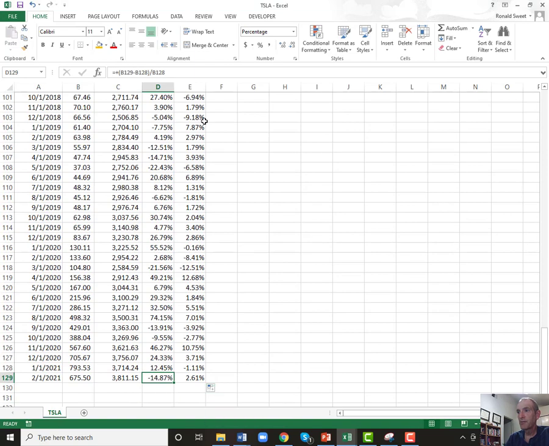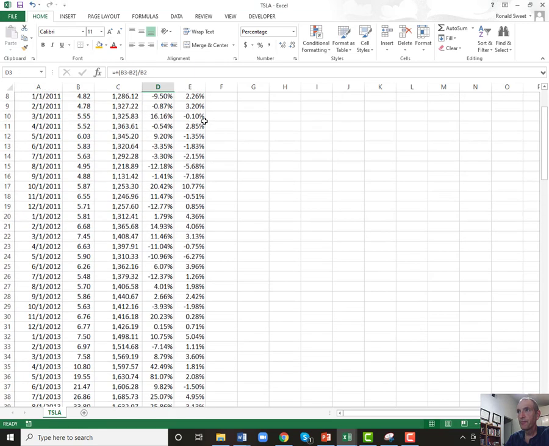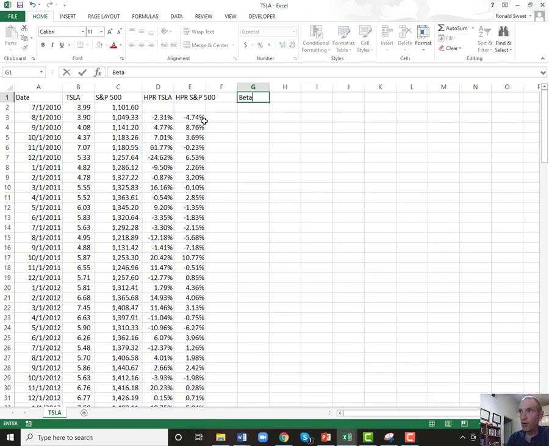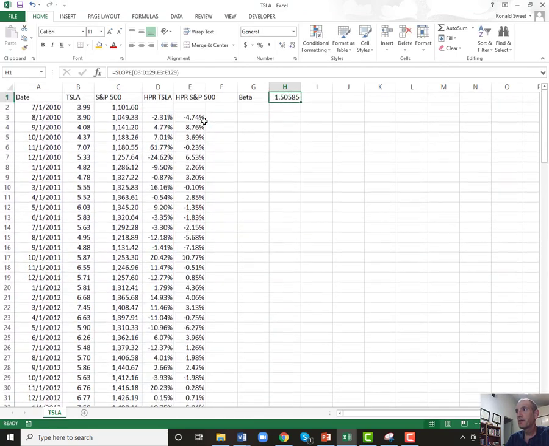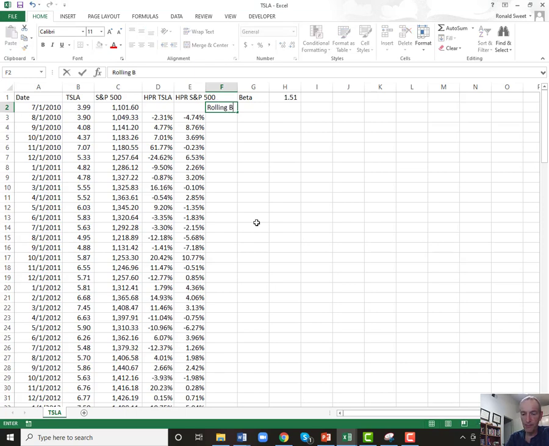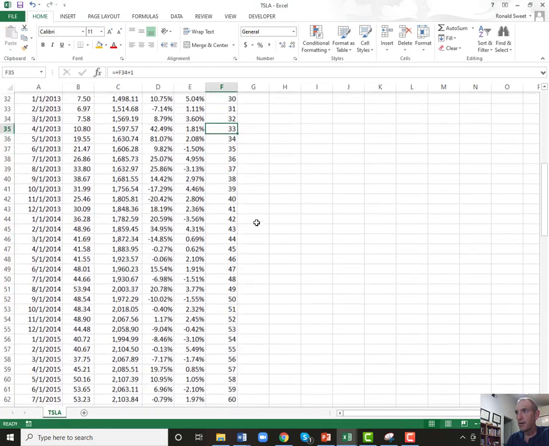We know Tesla just absolutely soared for 3 months there, up almost over 80%, but then has dropped off since then. Let's get the beta for the whole period. What would you think? This is Tesla's, so you would expect a very high beta here. But let's try it. This is when we'll figure out if we got good or bad data. So we must have good data to get a beta of 1.51, so that makes sense. So let's try the rolling beta. So we'll go down. Remember, you just find 60 months